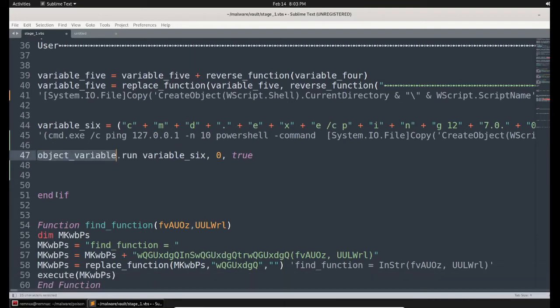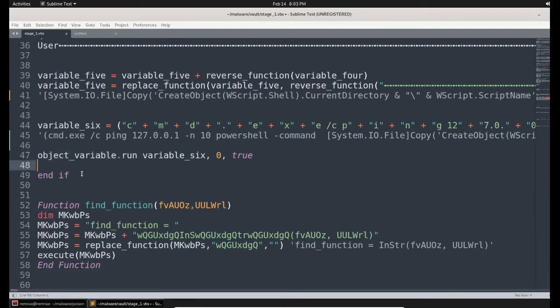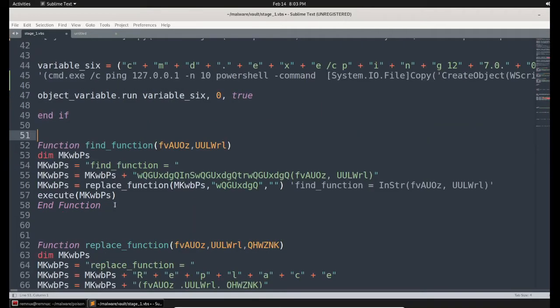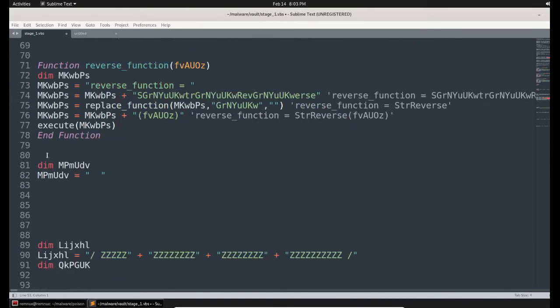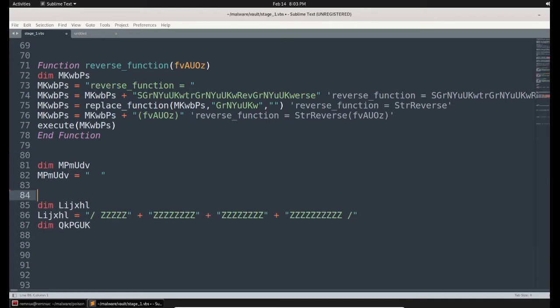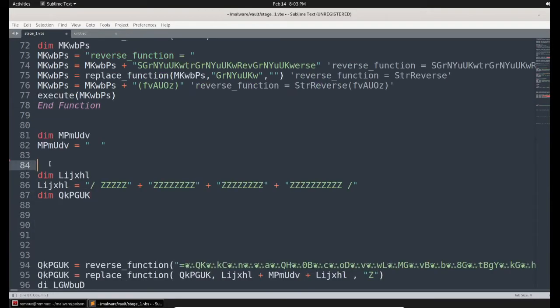All right. Now we reach the end of the if statement, and the next thing is the functions we already defined, the find function, replace function, and the reverse function. Post that, we can see a variable definition, and they assigned an empty string to that. Not an empty string, it's a space actually. There are a couple of space characters in this string. And after that, they defined one more variable, but this time they assigned some real characters and some special characters, of course. Two variables we witnessed, and let's see the third one.